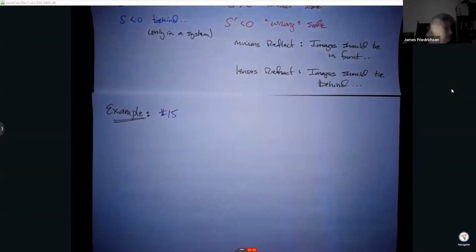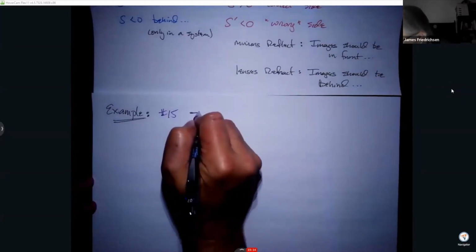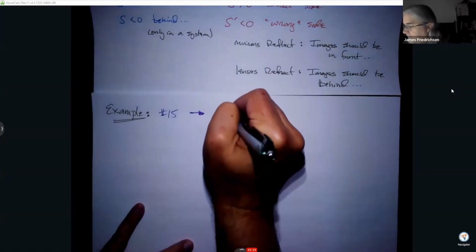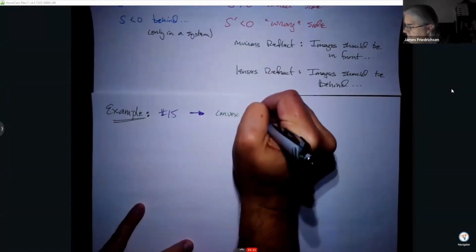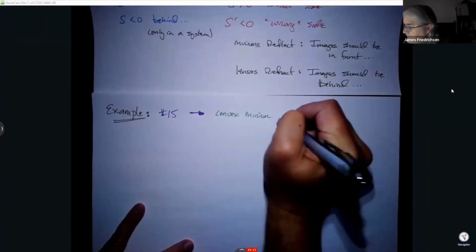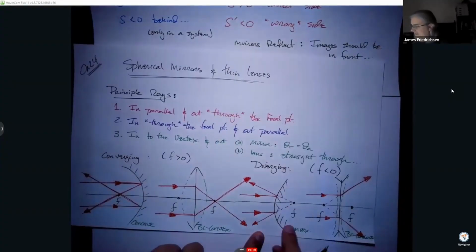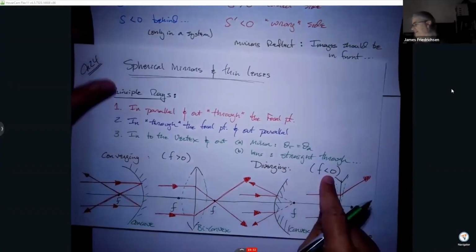Take a look at number 15. So number 15 says to repeat the previous problem for the case in which the mirror is convex. Okay. So we're going to come in and we're going to take a look at a convex mirror. Okay. And so when we have the convex mirror, and that's this diverging mirror, which implies that our focal length